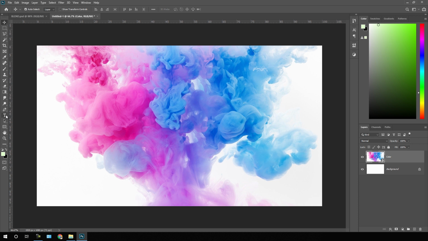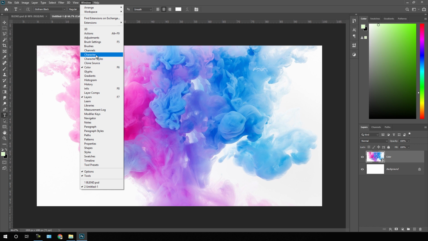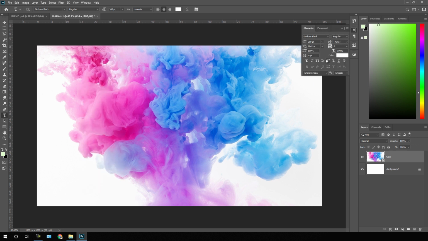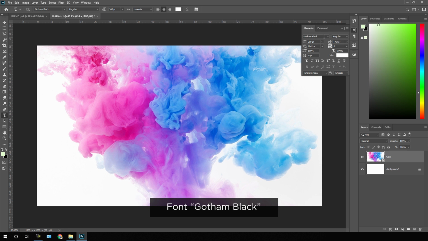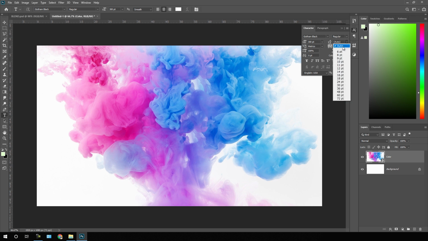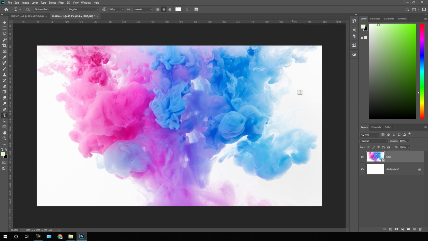So select this T icon and just go to your window, just check this option character window, and here first of all we have to select a font style. So in this case I am using this Gotham black font style, and I have given a link in the description for this, or you can also use any different font style that you like. And I'm gonna set it to regular. Let's set the size of this text maybe 300 pixel. Set this line spacing auto, character spacing 0, and let's type anything that we want